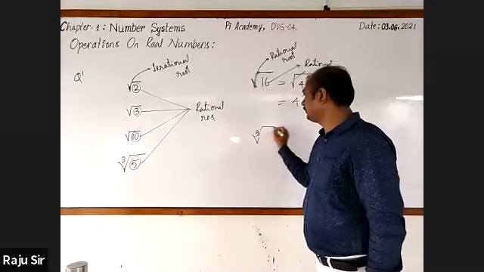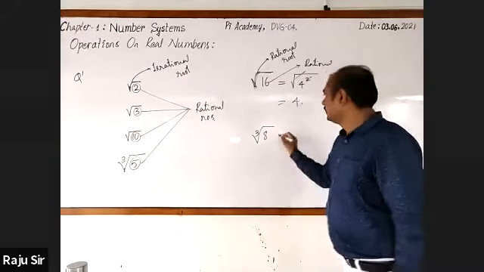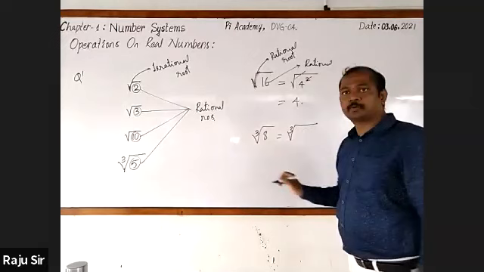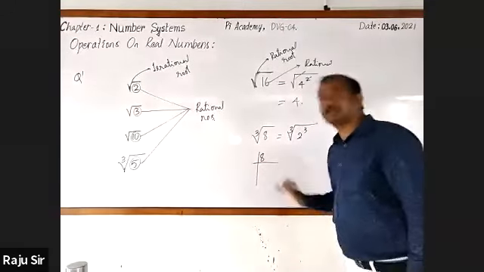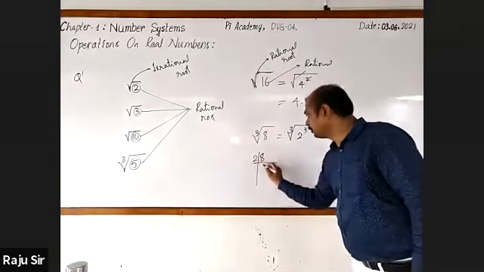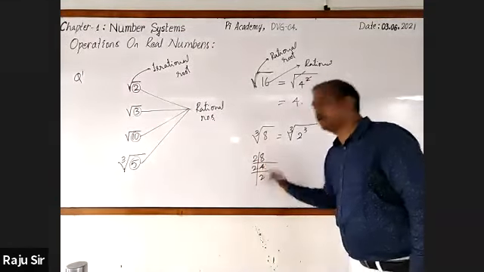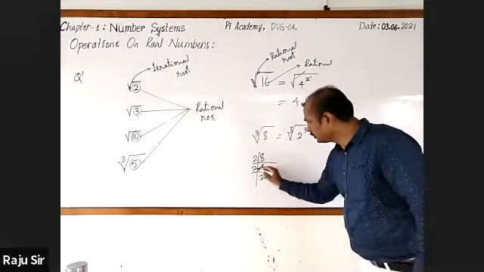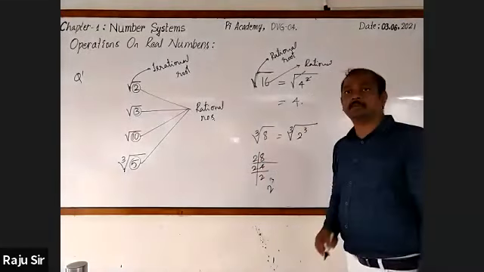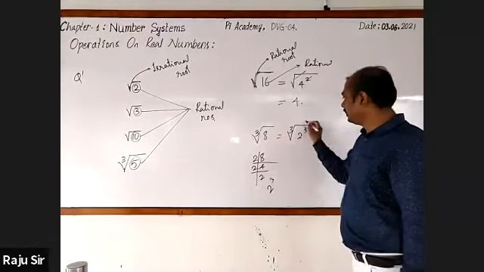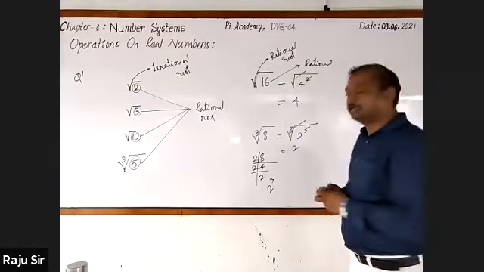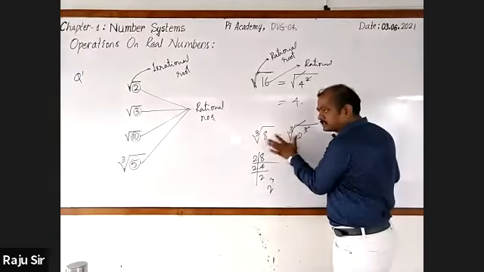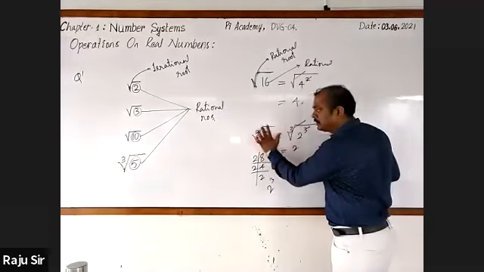See, cube root of 8 is there. We can write cube root of 8 as cube root of 2 to the power 3. You have learned how to find the factorization of 8. 2 fours are 8, 2 twos are 4. See that 2 into 2 into 2, 2 is three times, 2 raised to the power 3. Now cube root and 3 get cancelled. You will get 2. In this example, the cube root is rational.